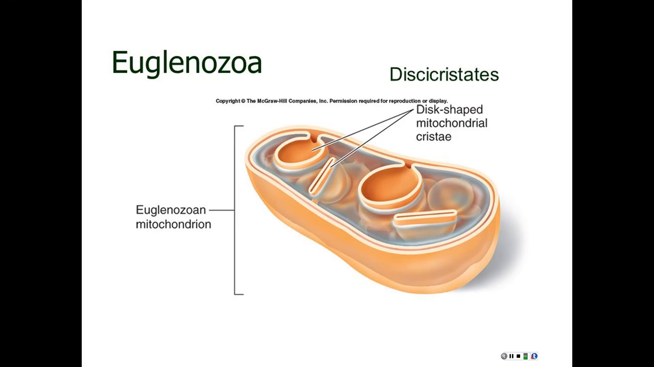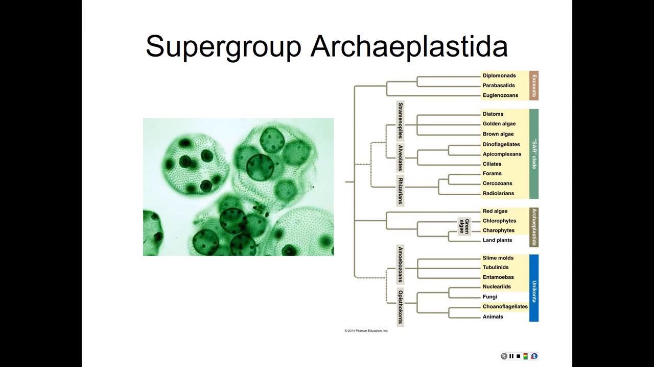Okay, so here's the image of the disc-shaped mitochondrial cristae that I mentioned that are present in the euglenozoans. So remember back to cell respiration, and our mitochondrial inner membrane has these folds called the cristae, and in the euglenozoans they have this unusual kind of disc shape. So that's what it looks like. Enough of that. Let's get to our next supergroup